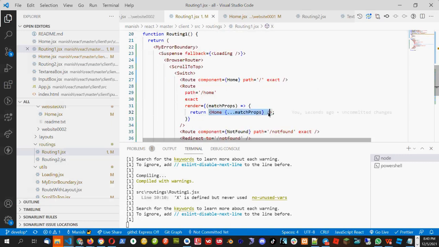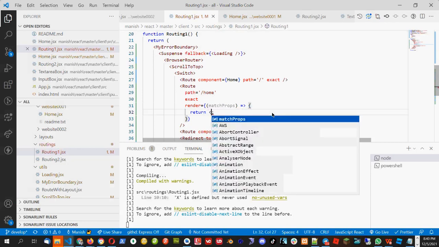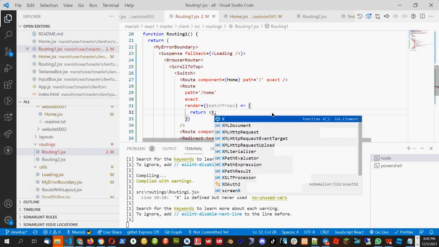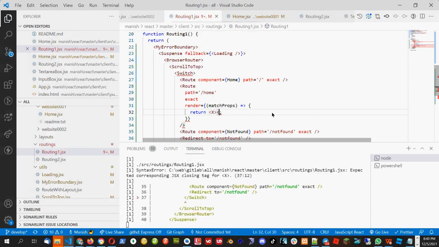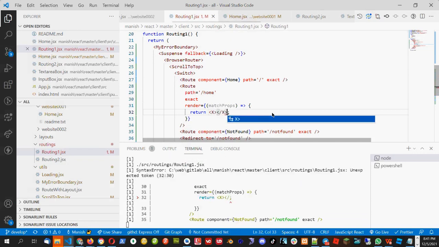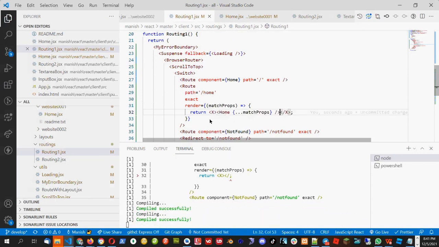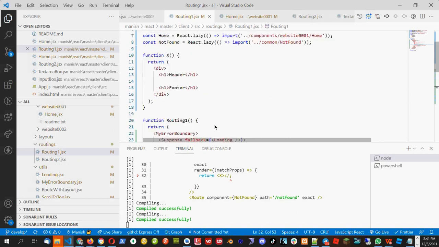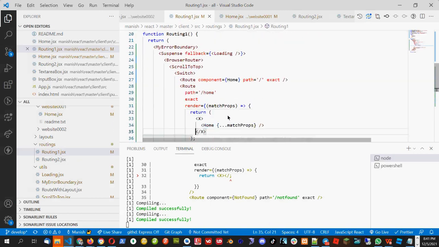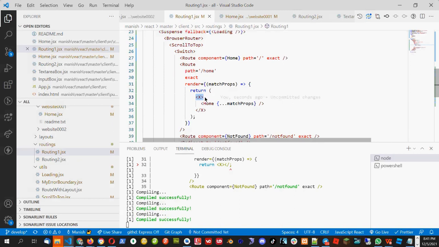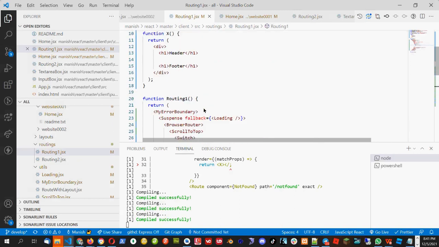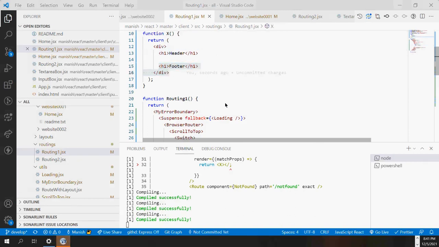So what I can do is call the X component, and I will close this X component, and I will put the home component in between. Okay, so what will happen? We are calling the X component, and we are calling the home component in between. So this home component will go inside this X component, and we will be able to see header and footer. So if I go in the browser,